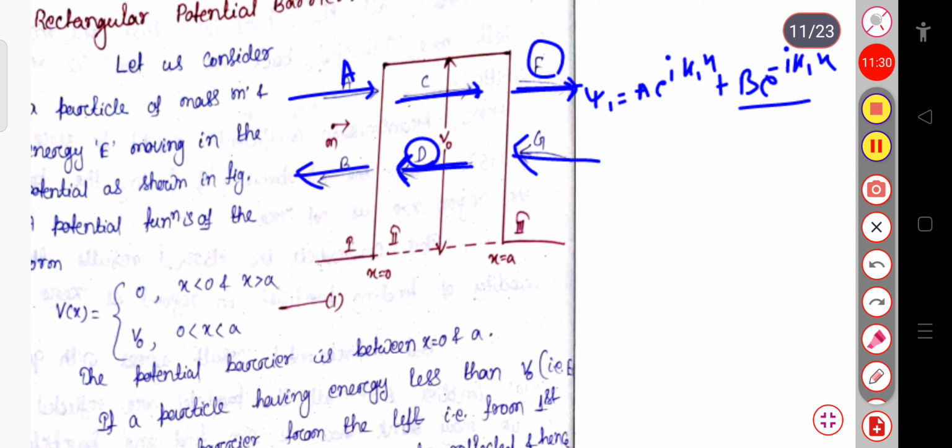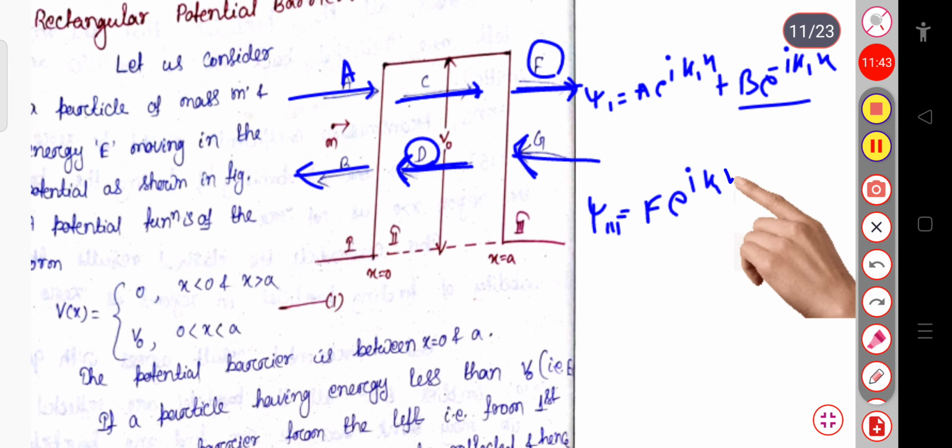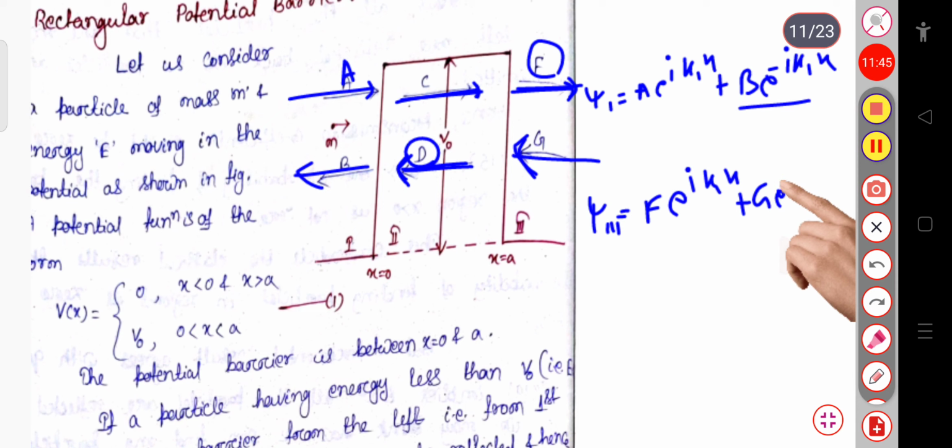So if I write the expression for psi 3, this is f exponential iota k1x plus g exponential minus iota k1x. Okay, this is our representation. So here g exponential minus iota k1x represents